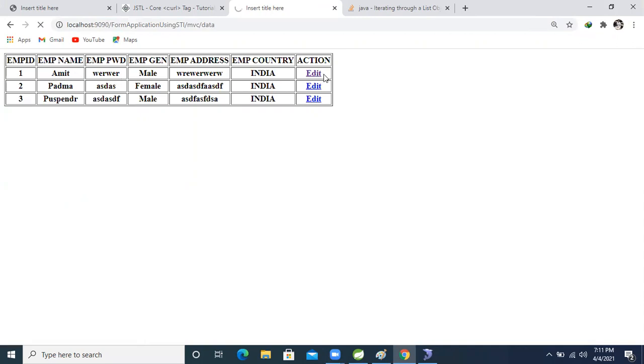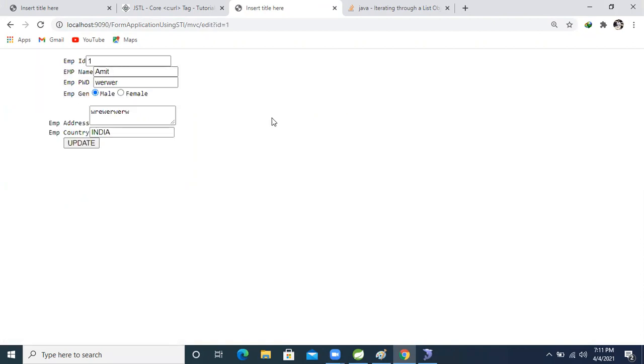Next time I will take Padma, another time Pushpendra, and I will update and edit everything, guys. So we got it, right? I don't want this EMP password. I just want Amit PWD. After that, the address, I'm taking something for the address, and just my name only, Ravikant Tripathi. That's it.